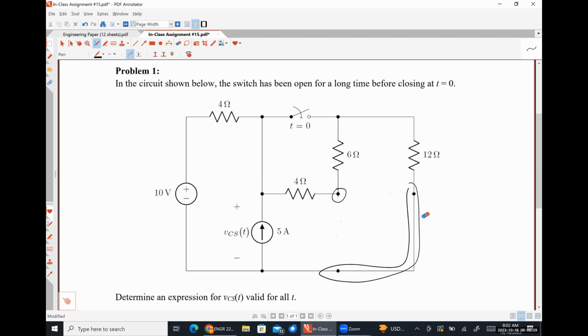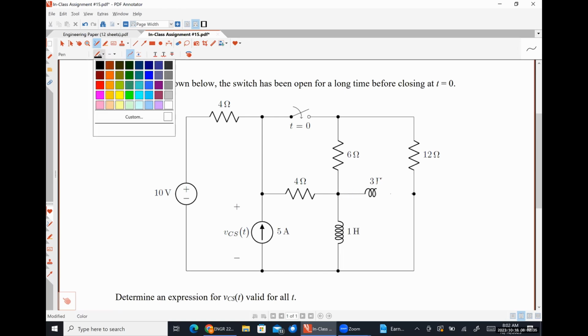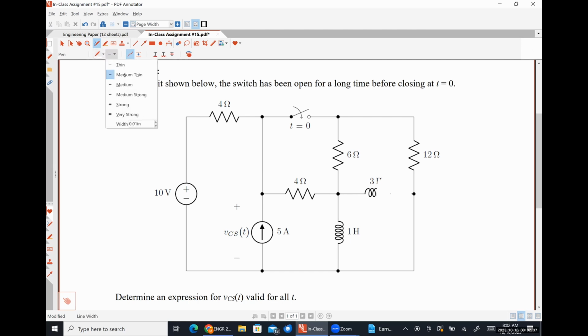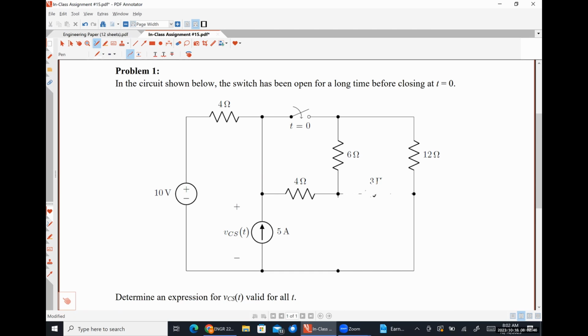So I'm going to choose to represent it diagonally. It doesn't particularly matter. So 0.75